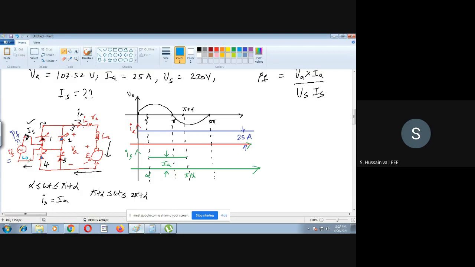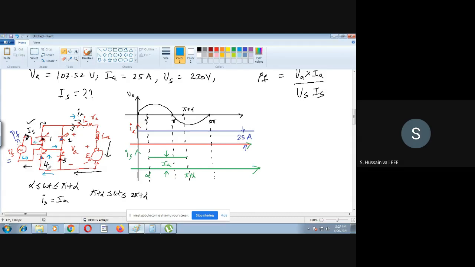Okay, so like this. Now you see here, this time the current flows like this. Earlier, top one is positive, bottom is negative. Now bottom is negative, top is positive, so it flows like this, then it goes like this, then it enters into 2, then it goes through the motor, and then it goes like this, then after that it comes and flows like this.